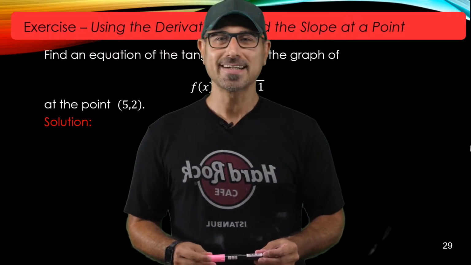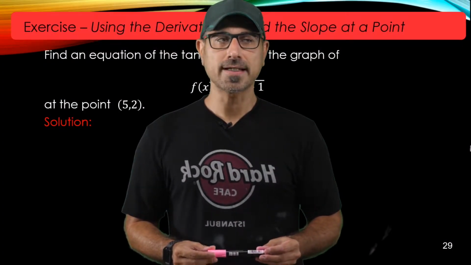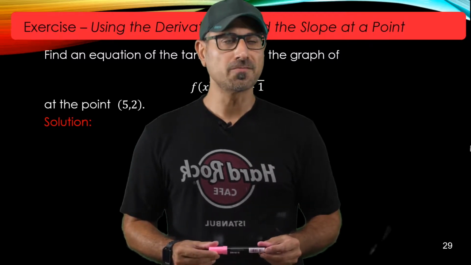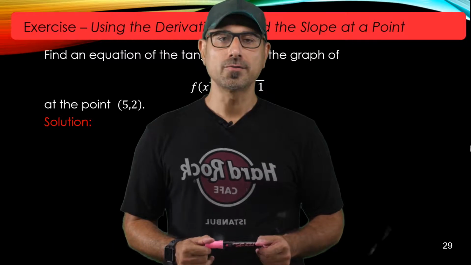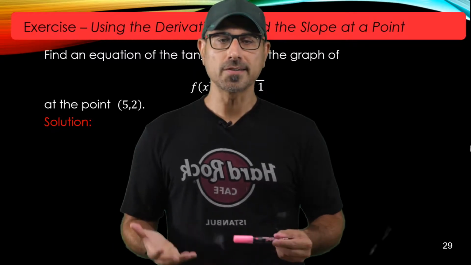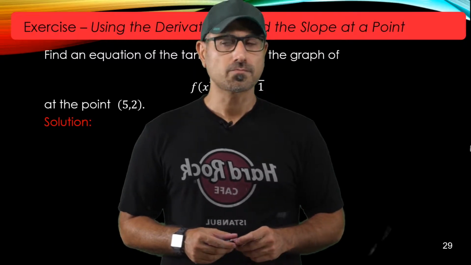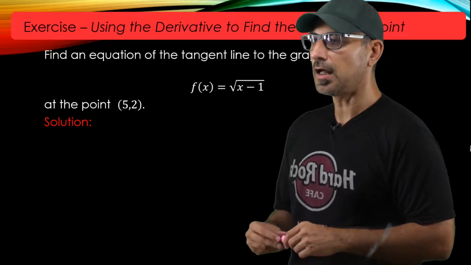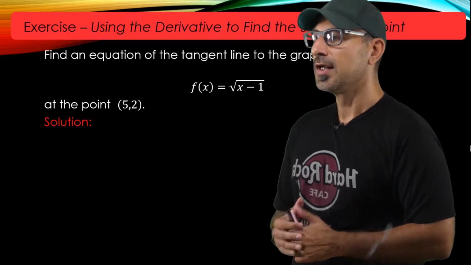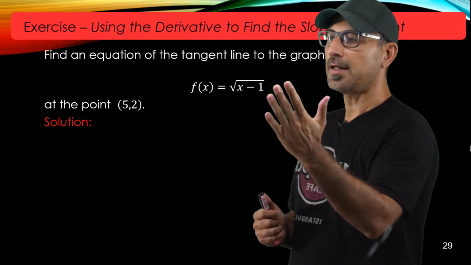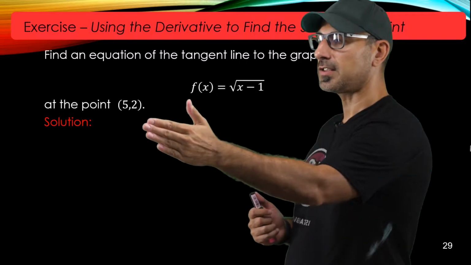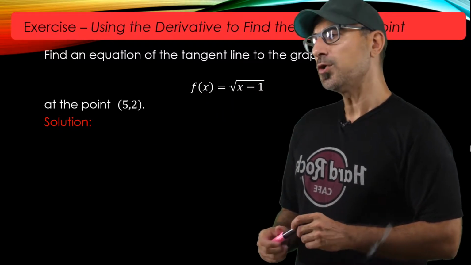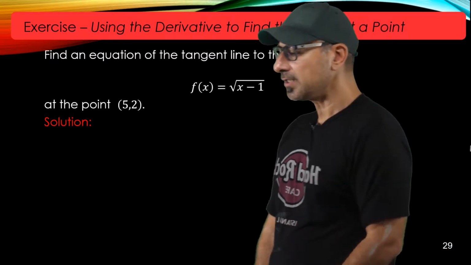Hello, welcome back. In this video, we're going to go over an exercise for finding the derivative of a function. And the derivative at the given point is going to define the slope of the tangent line. The function here is radical x minus 1, and the point is (5, 2). So by finding the slope of the tangent line together with the point form, we can write down the equation of the line. But at this moment, I want to step back and remind you